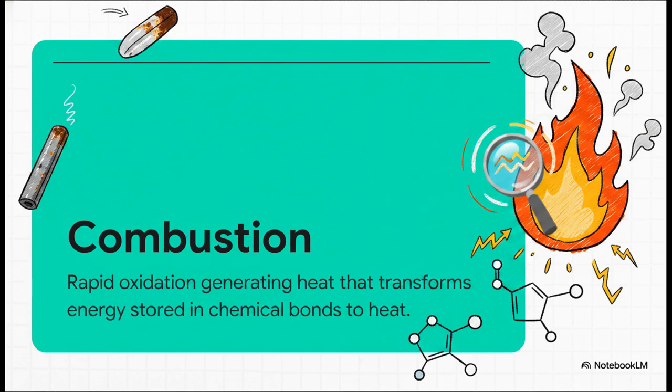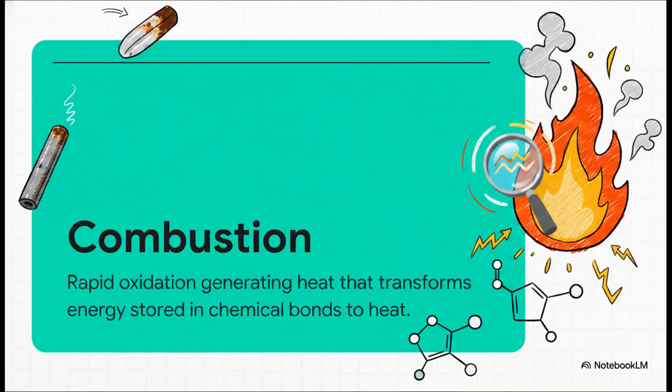Now, you can absolutely have slow oxidation, like rust forming on a piece of iron, but that doesn't produce light, and it gives off very little heat. Combustion is rapid, and honestly, the most beautiful part of this definition is what it fundamentally represents. It's a transformation. Combustion is all about taking the potential energy silently stored in chemical bonds and violently, brilliantly transforming